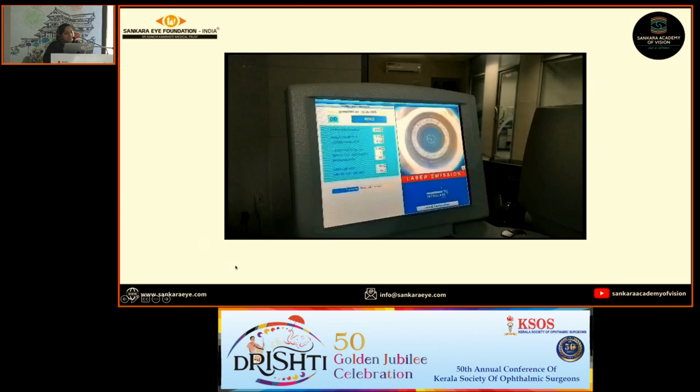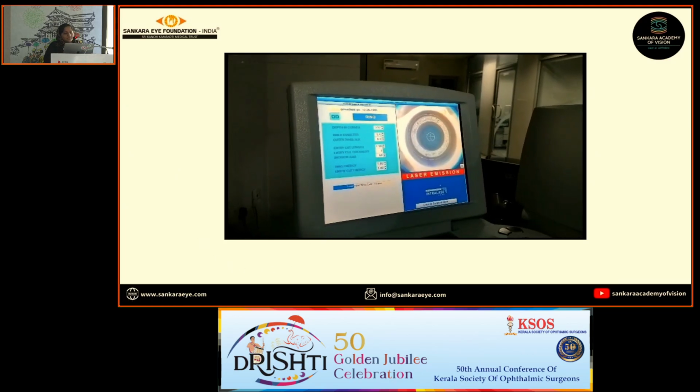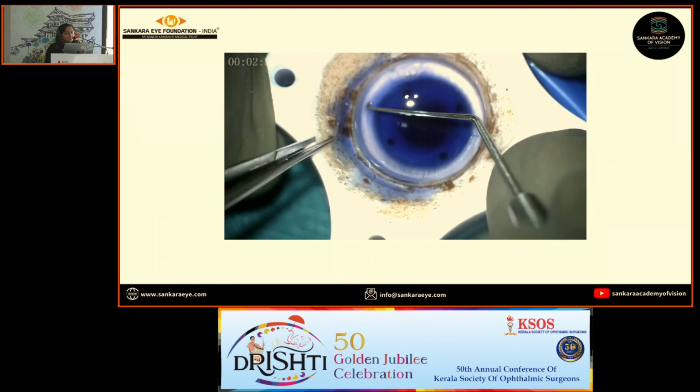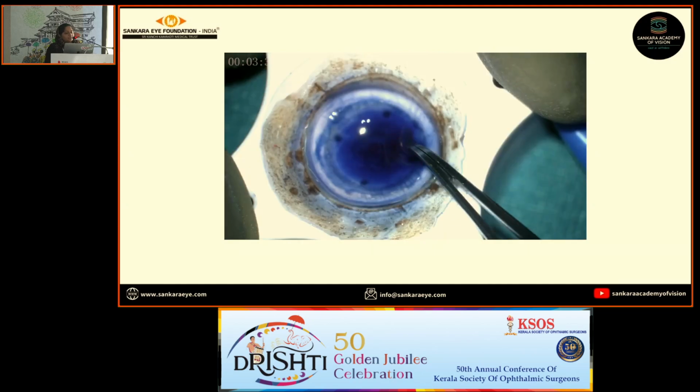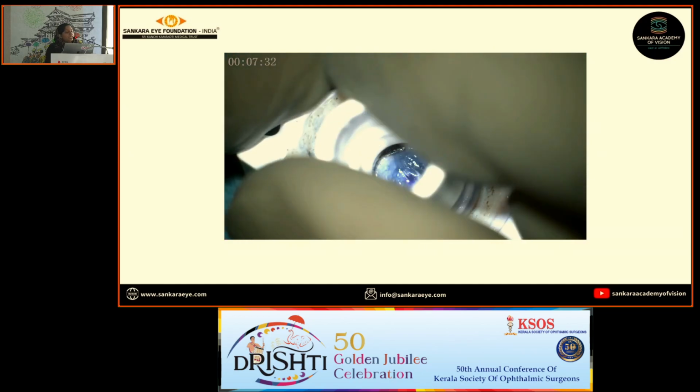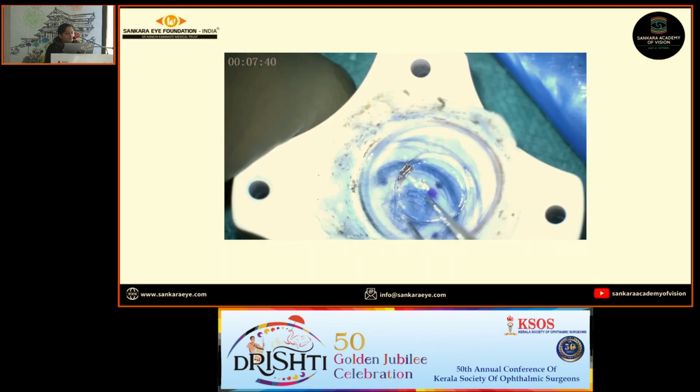So the procedure is explained with a video. First, the stromal pocket is produced by the femtosecond laser. Then the donor cornea is removed of the epithelium and the endothelium is stripped off. Using two different sizes of corneal punch,